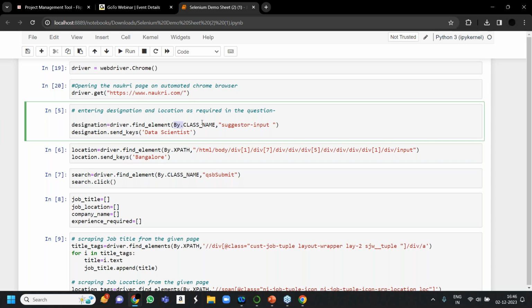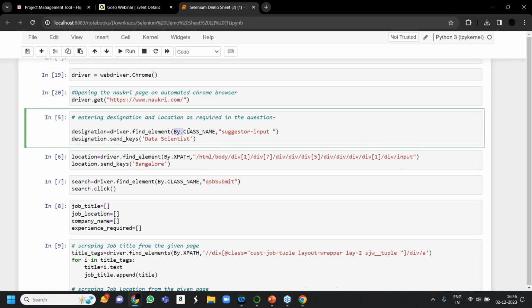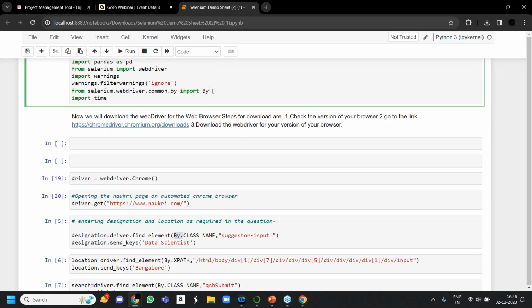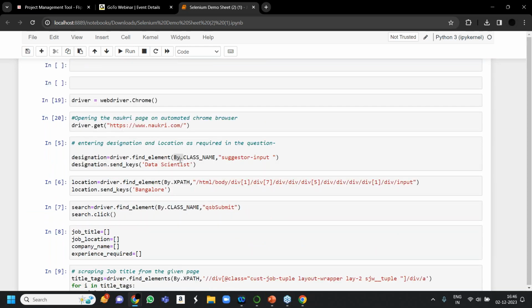Okay, so By is used because of this only. I have imported By because in the syntax it is required. This is in the syntax of Selenium to write By. This was not earlier; this is a recent update from the Selenium side.